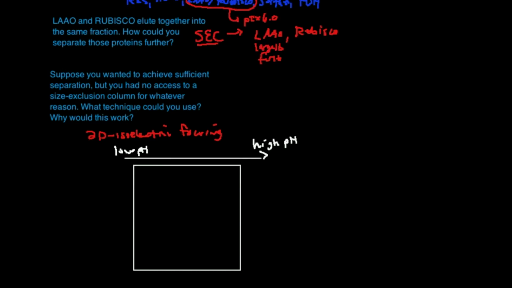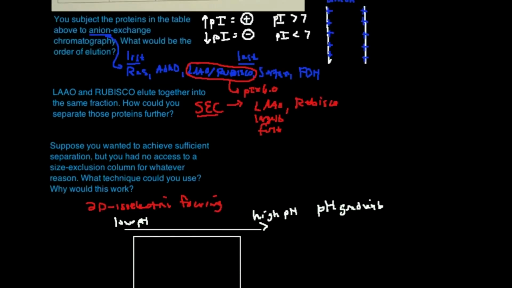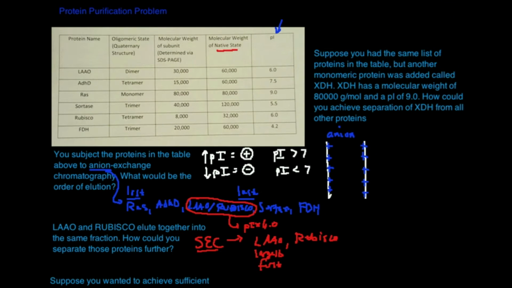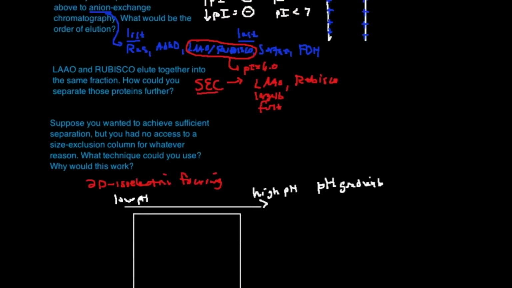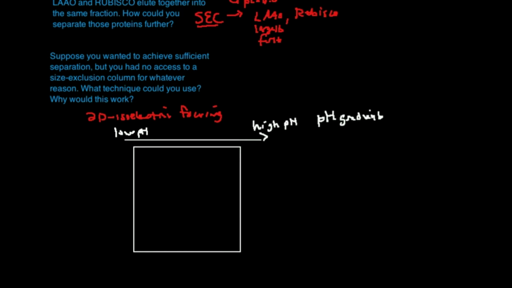Not PI, it's pH. Okay, so because as you go left to right, there's differences in pH, in other words a pH gradient. Going left to right, proteins will separate based on their isoelectric point. Okay, and since most of these have different ones, they will separate. However, the problem you have if you do 1D isoelectric focusing is LAAO and Rubisco will not separate like we saw before. But what I can also do is going in the downwards direction,